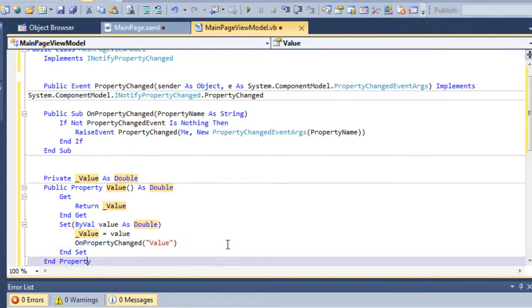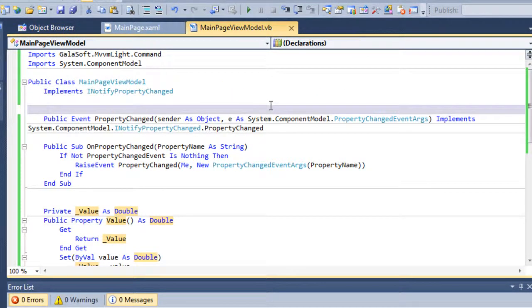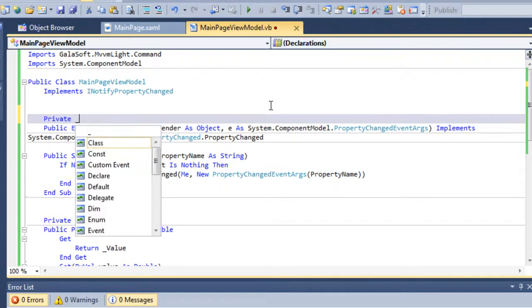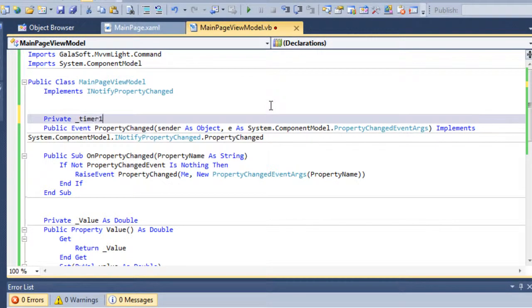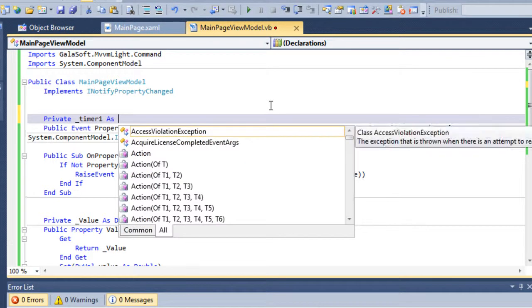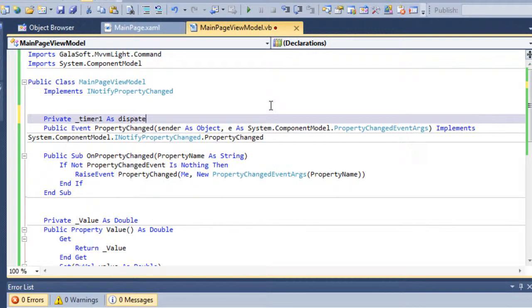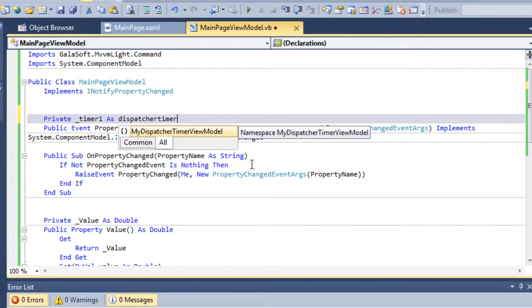Okay, we are done. Now I want to create a timer here. So let me create a timer. Private timer1 as DispatcherTimer.